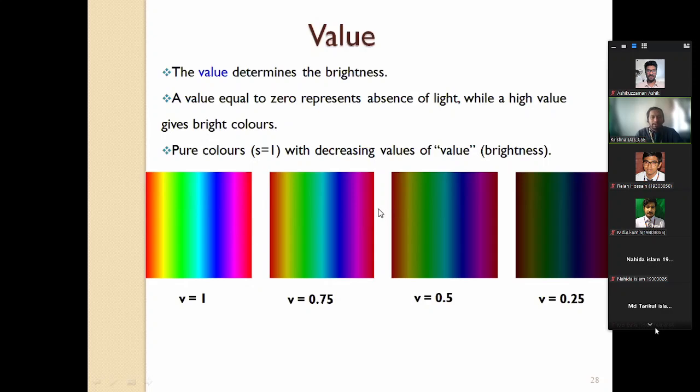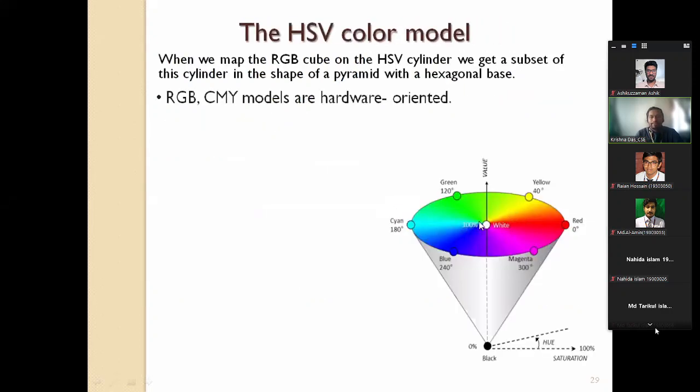This is showing when you have pure color. The pure color means your saturation is high, so you are on the boundary. Now you are decreasing the value, that means the brightness, so you are going more toward the black part.